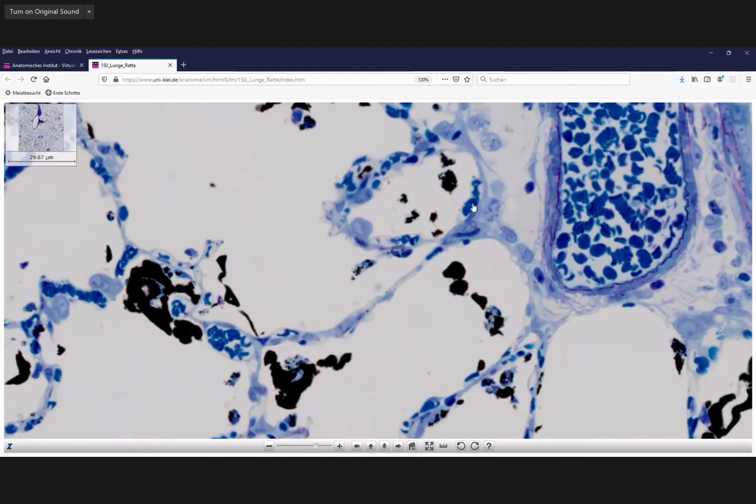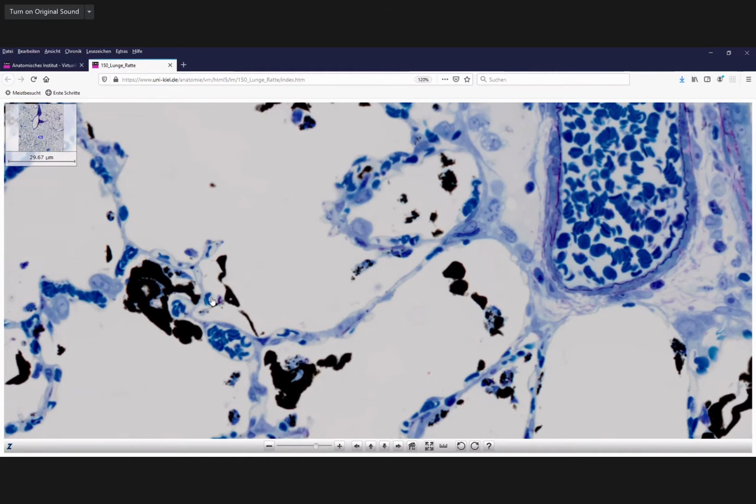Here's a capillary with red blood cells. Here's a bigger one. Here's a very small one. And here you can see a red blood cell. Okay. Here's a little capillary, and here you can see a red blood cell. Here's a capillary, and here's a red blood cell. Okay. So you need to get used to how to look at these specimens so that you are able to